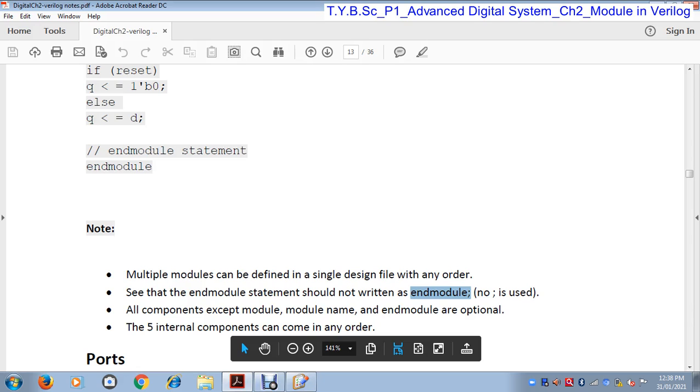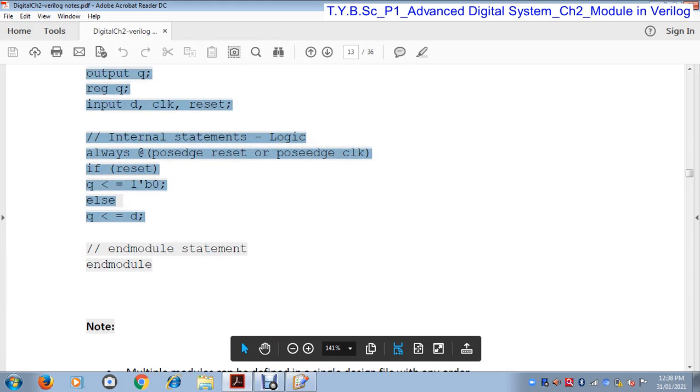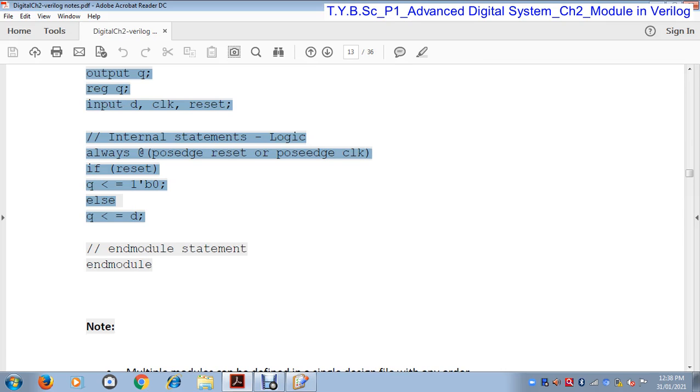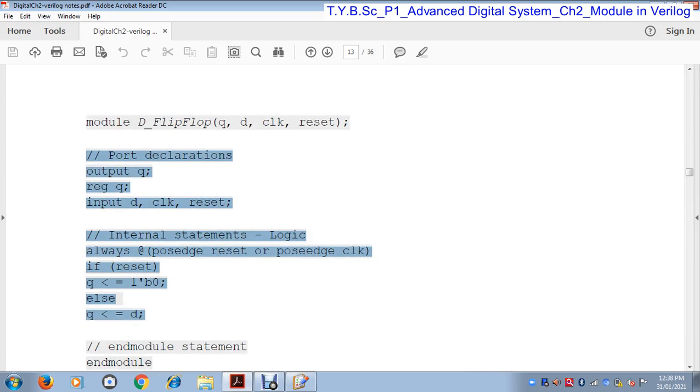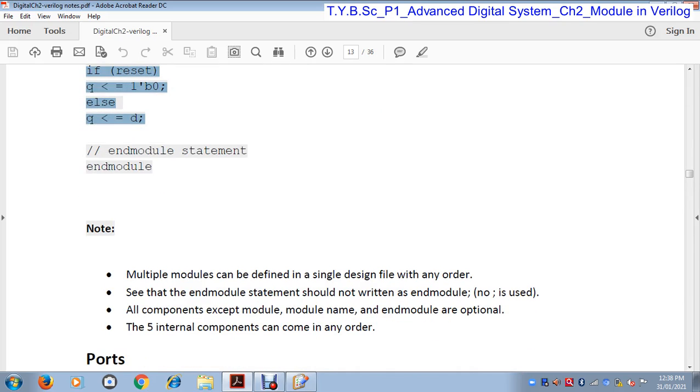So there is no sign here. Now the components except module name and end module are optional. All the parameters and other components are optional, but module name and end module are mandatory. If you forget to give these statements, the compiler gives an error. Okay, so this is all about the module.